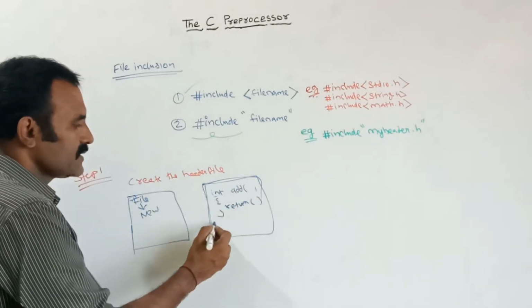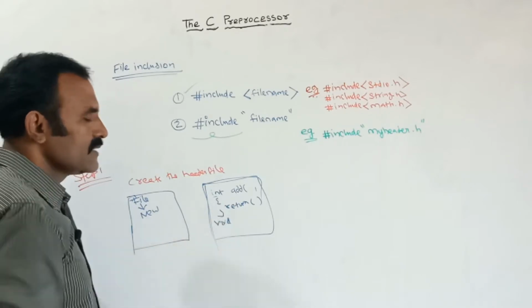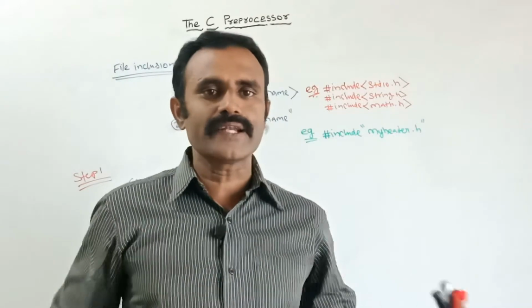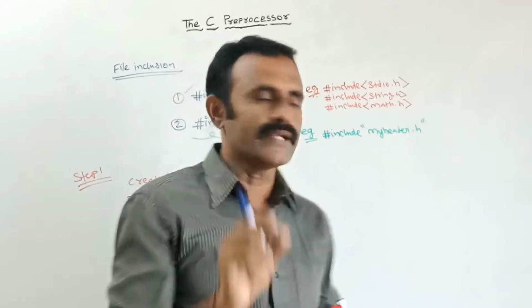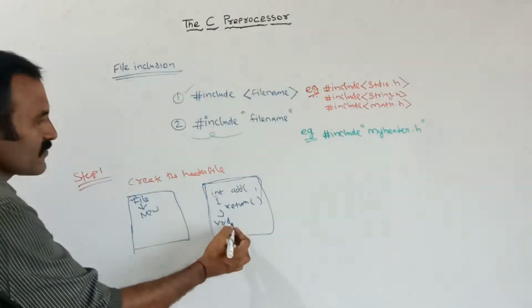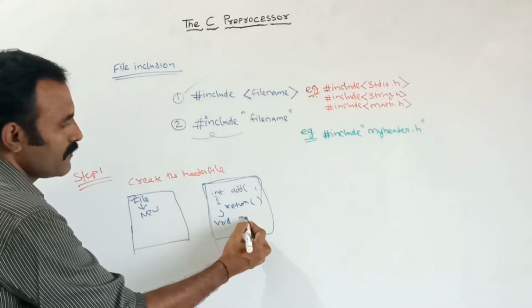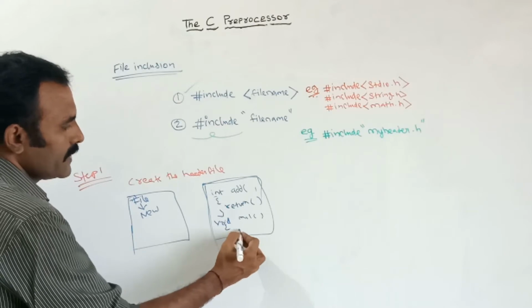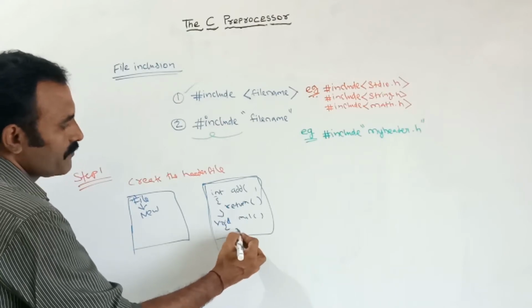See, the second function is void. For example, suppose the function is not returning any value; if the function is without returning a value, we should write void, because a void function will never return a value. Suppose here I am multiplying the two numbers and displaying the multiply result.